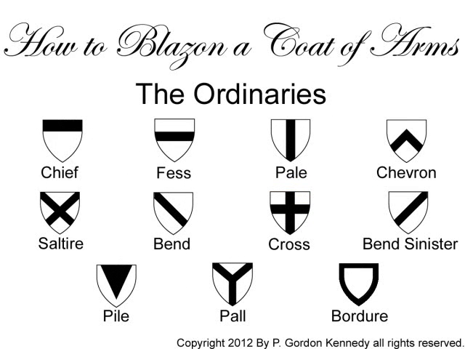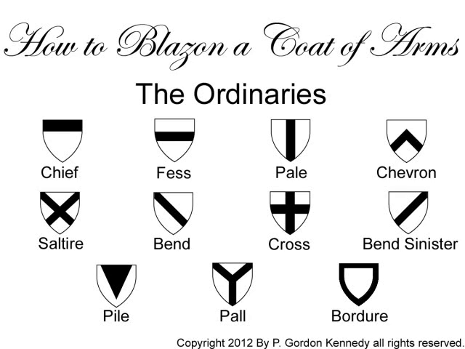Now, the ordinaries. Many coats of arms have ordinaries, although not all coats of arms have them. The common ordinaries are the chief, which is a band across the top of the shield, the fess, which is a band across the middle of the shield, the pale, which is a vertical band down the middle of the shield, the chevron, which looks like the roof of a house or an inverted V, the saltire, which is a